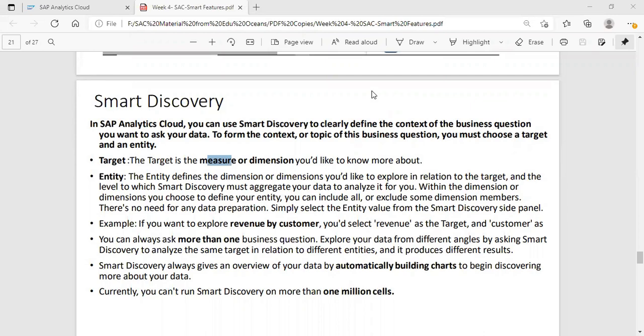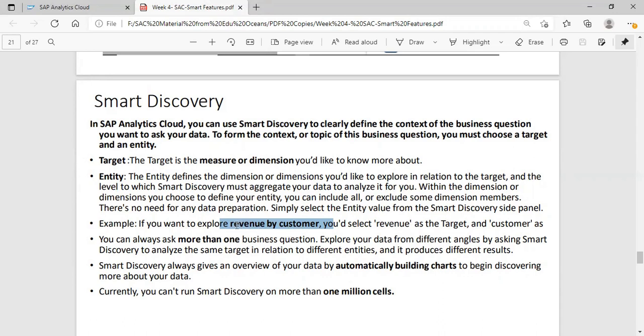So it is working in that manner. Here I have just taken an example for revenue. I've just written here revenue by customer. But for example, if you want to change it to gross margin, or particular sales, or any amount, any actuals, by customer, by region, by product, by store, anything, you can take that. You can select revenue as a target and customer as the entity.